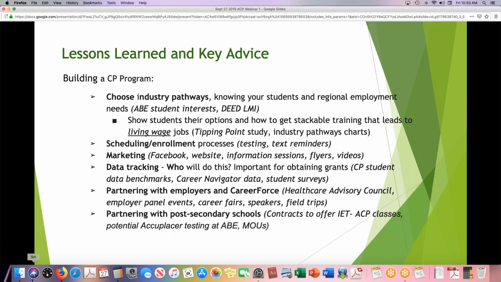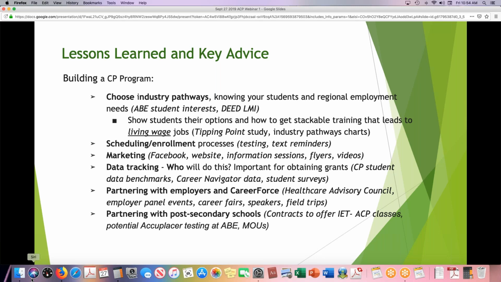Finally, I'm not going to go through the details about this, but these are the areas that we focus on for building a larger career pathway program. First of all, choose the industry pathways, knowing your students and regional employment needs. Basically, we did look at DEED's labor market information, and there is a chart in the materials section of this webinar that shows the healthcare.